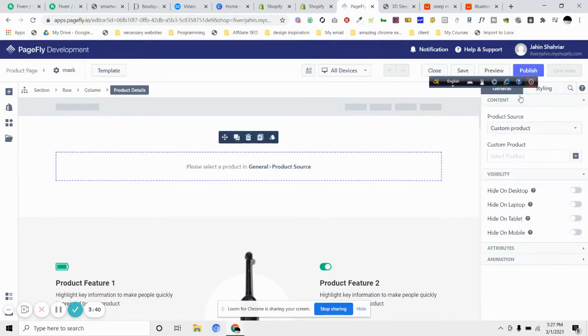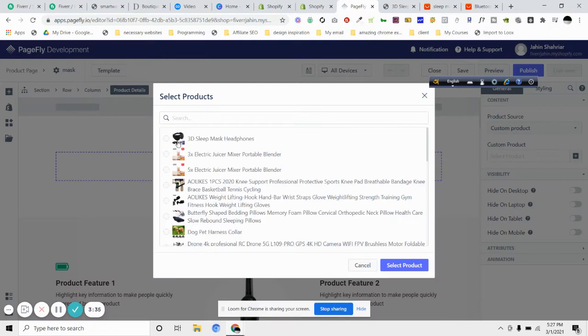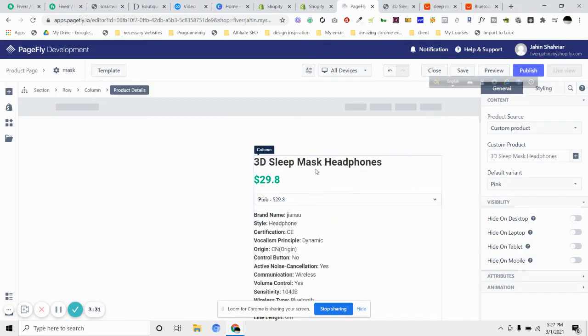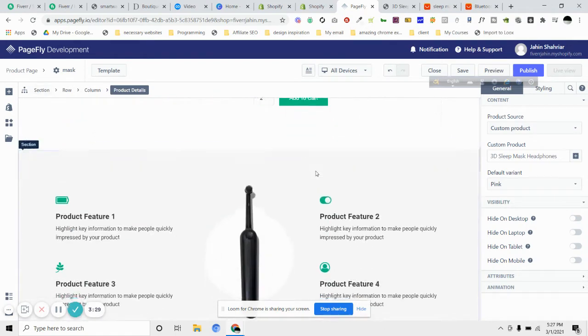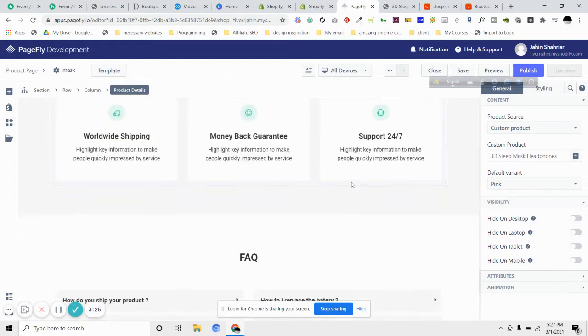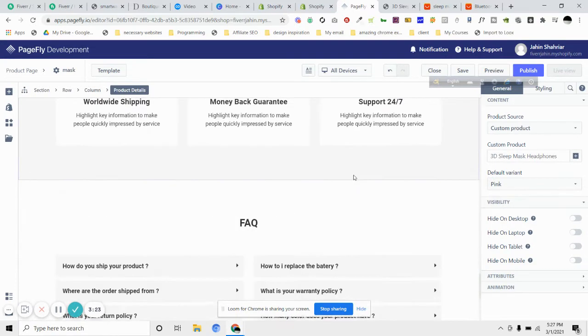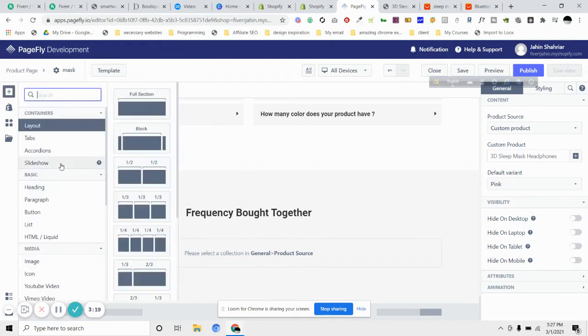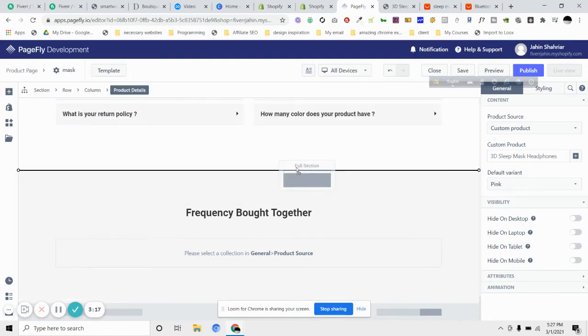As you can see, we have loaded the template, and now I can add the specific product for this template, so it will show the details of this product. What I now want to do is add a review at the bottom of the design. So I will take a section,